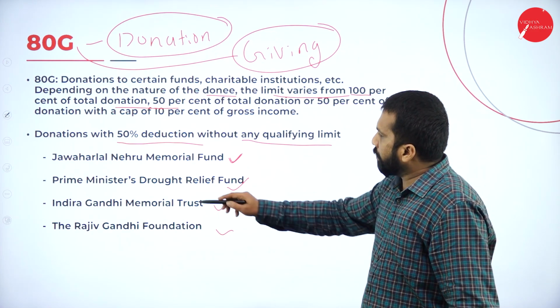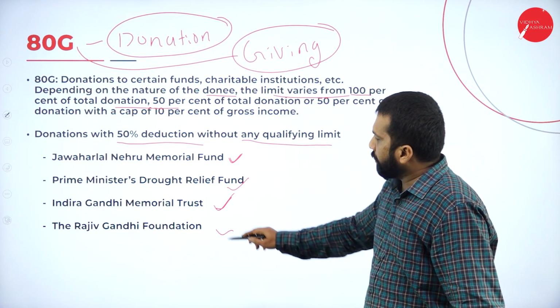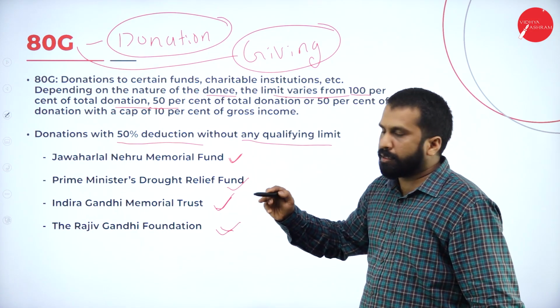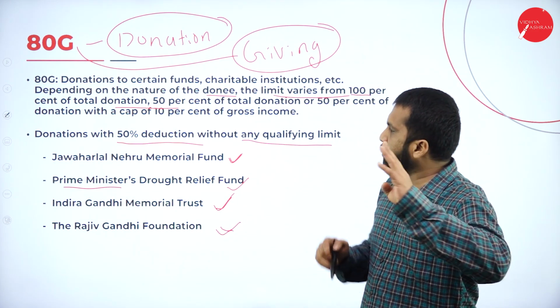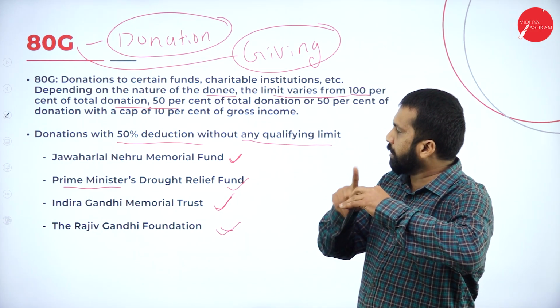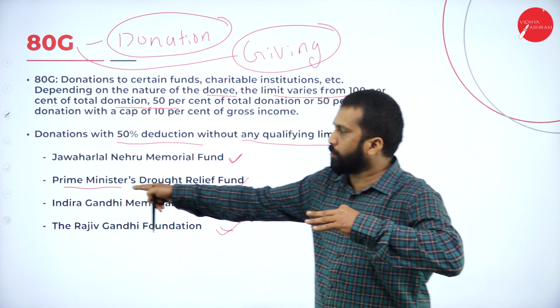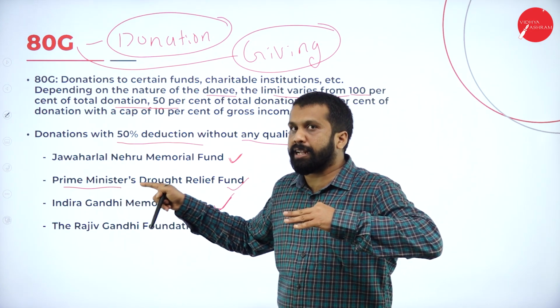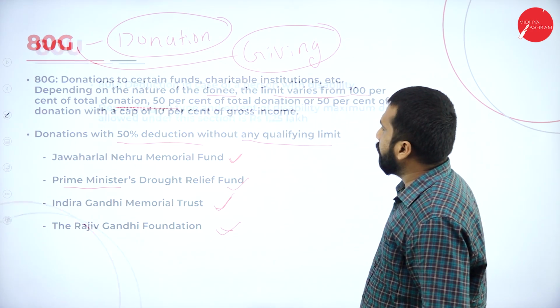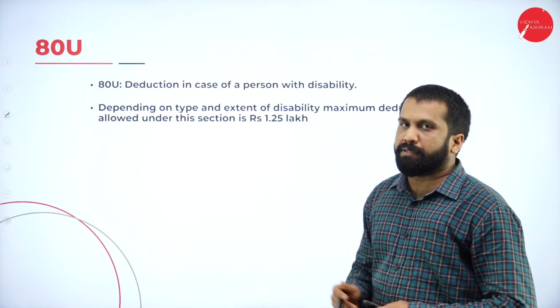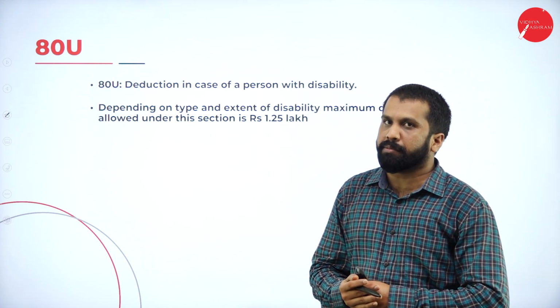Jawaharlal Nehru, Indira Gandhi, Rajiv Gandhi, all are what? Prime Ministers. Easy to remember. Clear? So, Nehru, Indira Gandhi, Rajiv Gandhi, all three come under what category? Prime Minister category. These four come under 50%. Other than this, the rest of the things normally come for 100%, remember. Now,